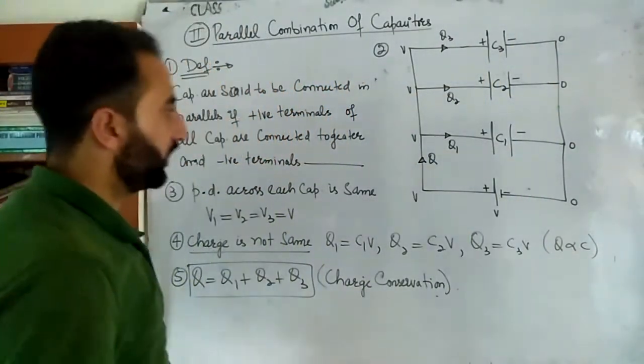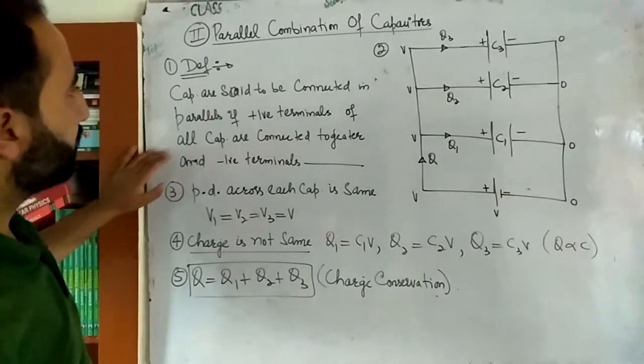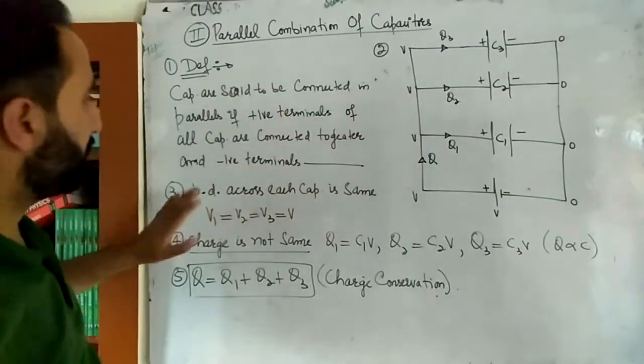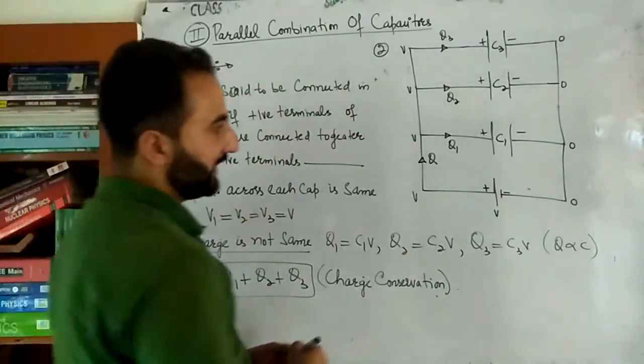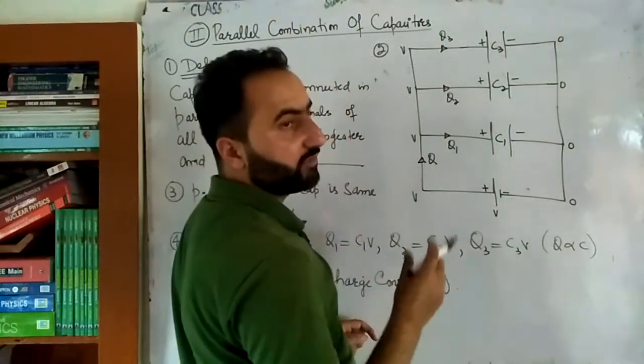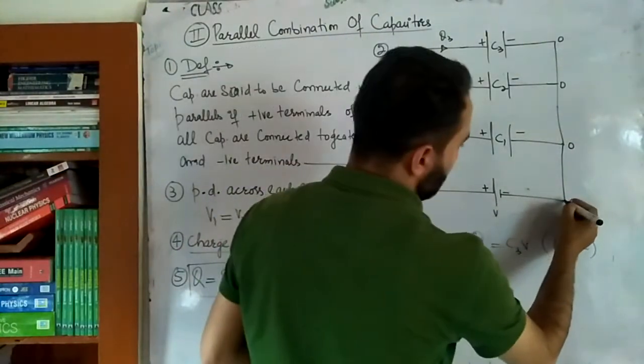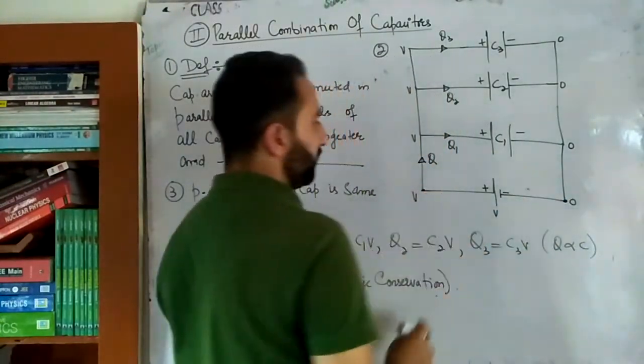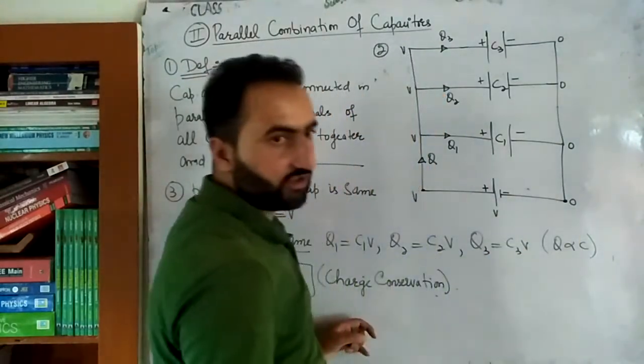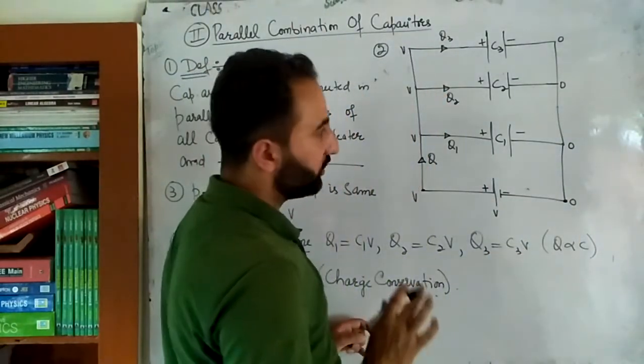ठीक है ना बेटा? Okay, and point number 2 is the circuit diagram. Point number 3 is that the potential difference will be the same, obvious from here. This is a battery, suppose it maintains a potential difference of V. That means the potential here will be equal to 0, the potential here will be equal to V, so that the potential difference is V. ठीक है ना बेटा? V minus 0 is equal to V.